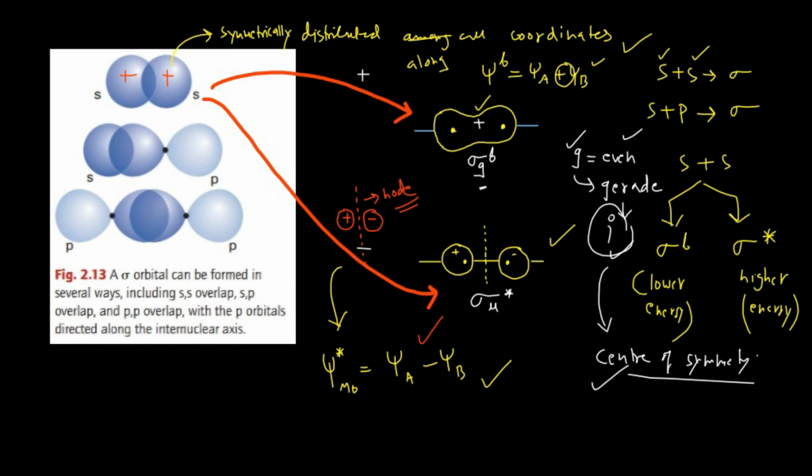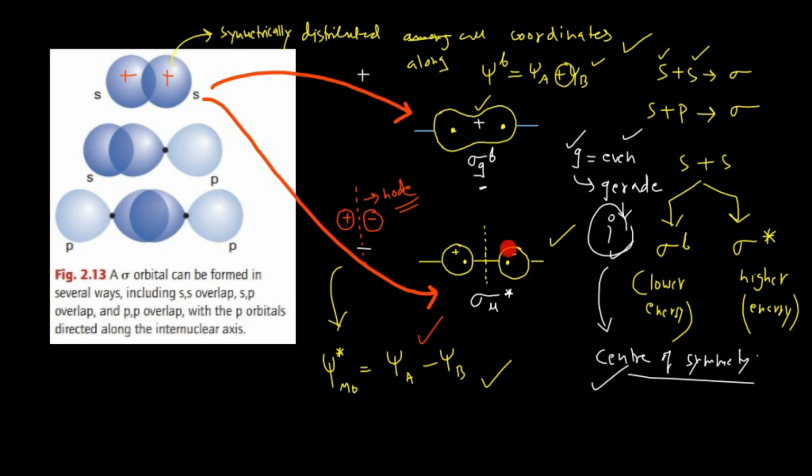Center of symmetry means, when you start traveling from one side of any system, reaching the center of that system, and then you travel again to the next side of that system, but to the equal distance, if you find the same sign,